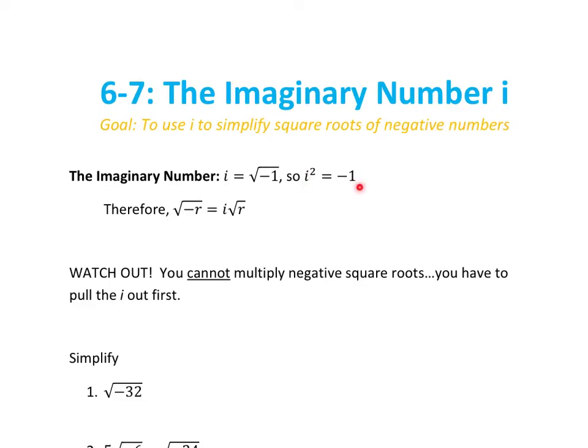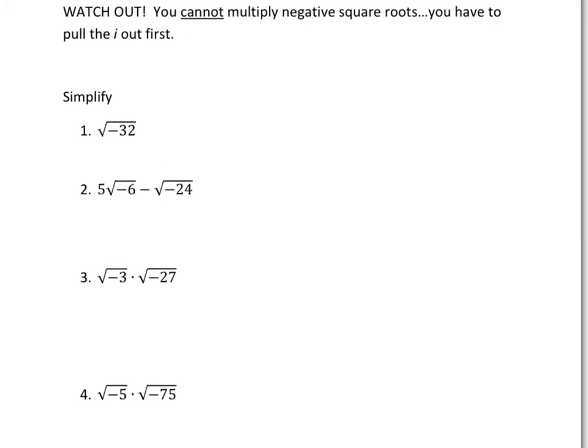So what we're going to be doing is simplifying radicals. Now, if you have a negative inside your square root, you're able to pull out the -1 and call it i. So the square root of -r is the same as i times the square root of r. Watch out, a little disclaimer here: you can't multiply negative square roots, so you need to pull out the i first. Basically, it's the same as simplifying first before you do the multiplication. Before we get into the examples, I just want to quickly run through